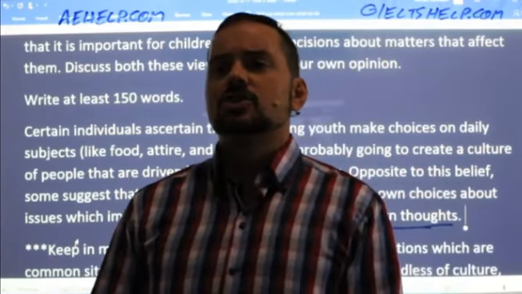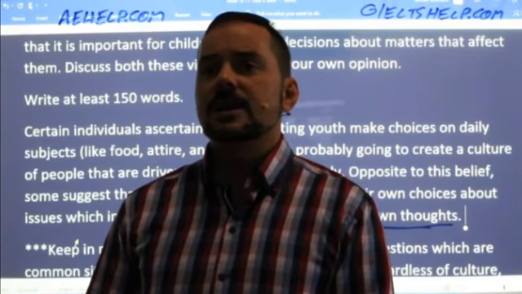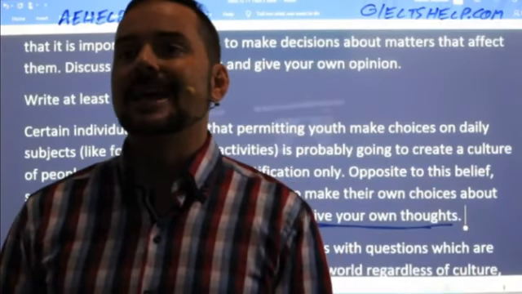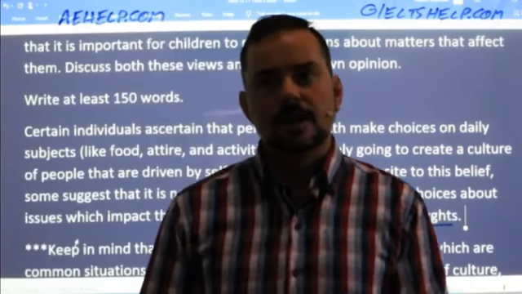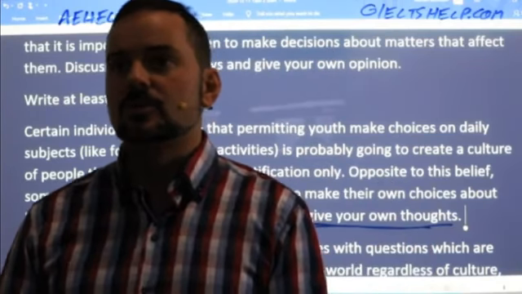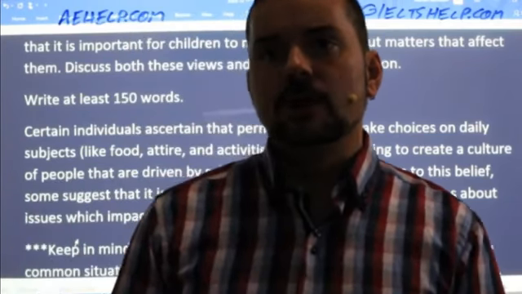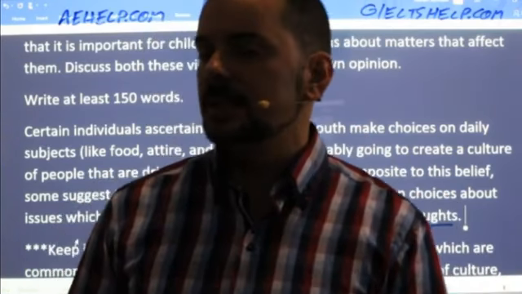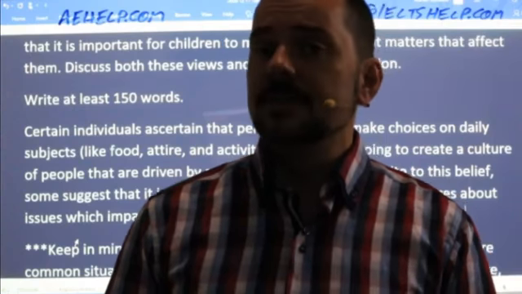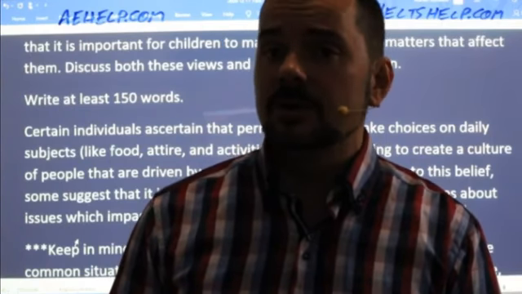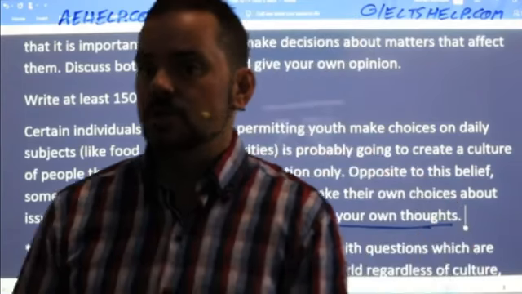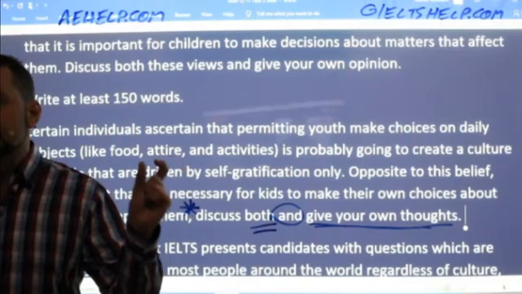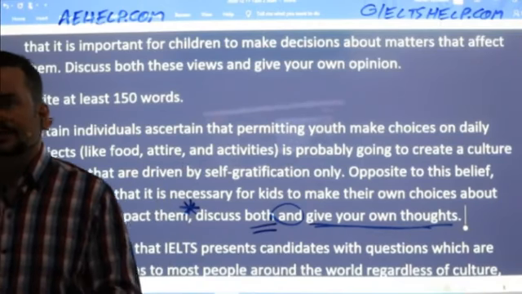However, other individuals believe it's imperative for youngsters to make choices about materials that pertain to them. Interrupt is not the accurate word there, Abhishek, but good try. The other point to really be careful about, Abhishek, is teenagers. The question doesn't say teenagers, it says children. And this can mean even 3, 4, 5-year-olds that are very far from teenagehood. Okay, so careful with restricting the controlling ideas. Okay.